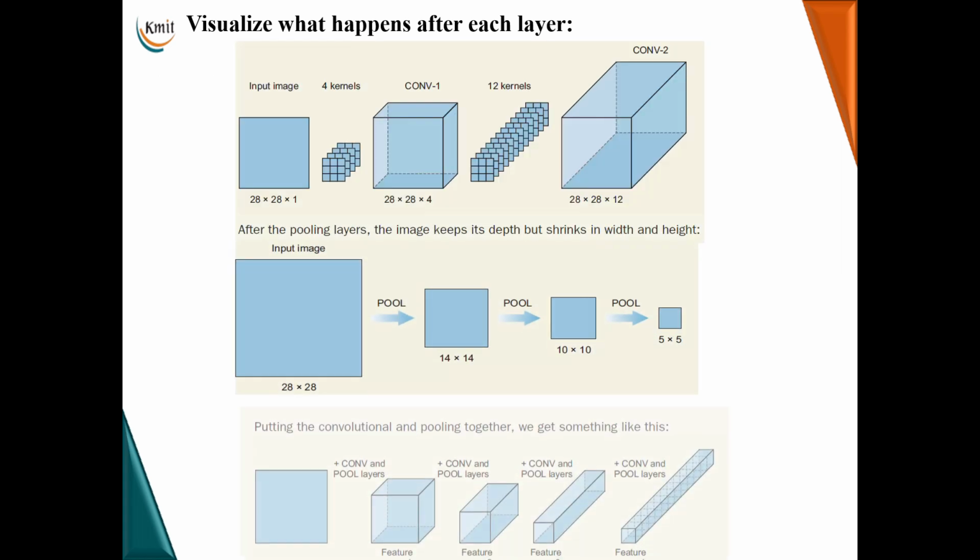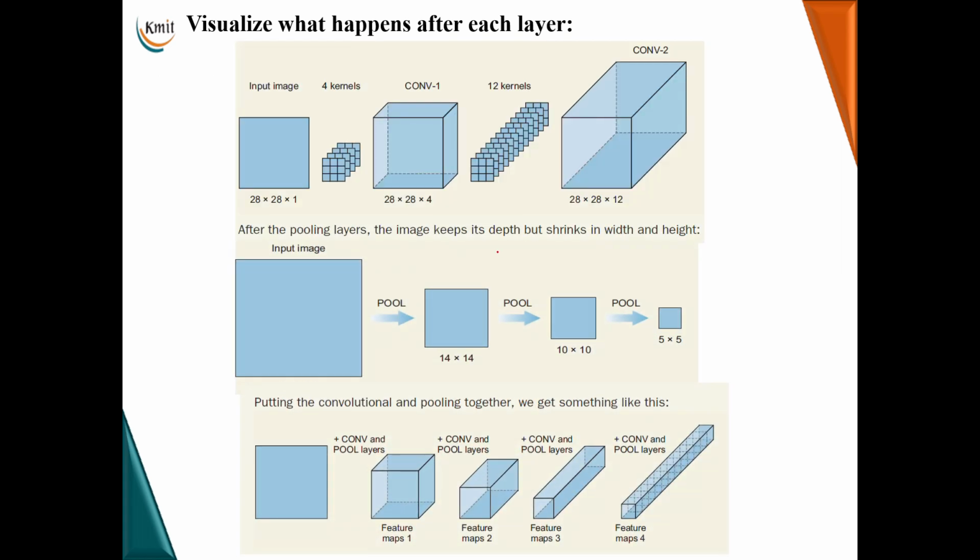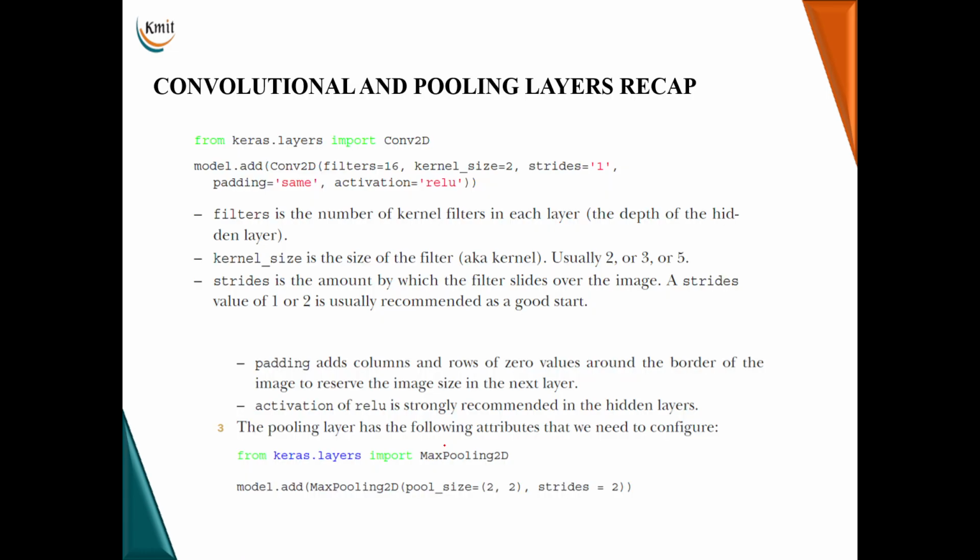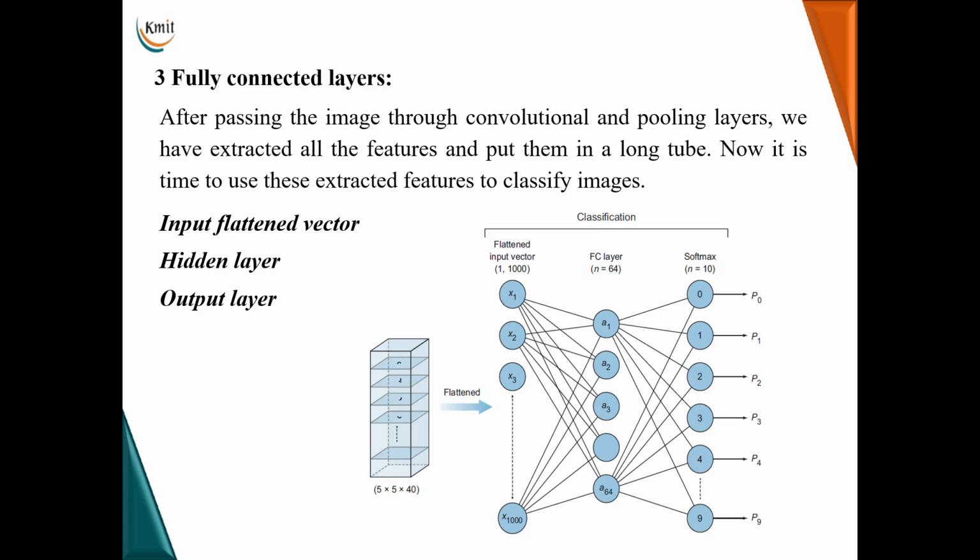So this is the visual representation of the output we get after convolution. The first figure represents the output after convolutional layers 1 and 2, this is after the pooling layer, and this is the combination of both convolutional and pooling layers. This is the recap of the coding we have discussed now. Similarly, as we talked about pooling also, this is the code used for pooling. The convolutional layer output is given to the pooling layer, and the pooling layer output will be placed in a